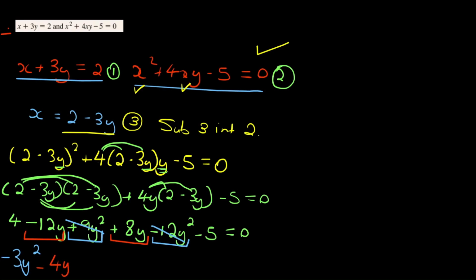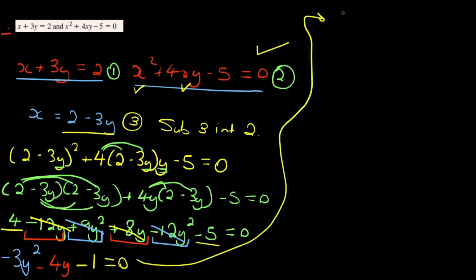And then we move on to the constants. So we can cancel the 12y, the 8. Now we're left with 4 and minus 5. 4 minus 5 gives us negative 1 is equal to 0. So we can continue this